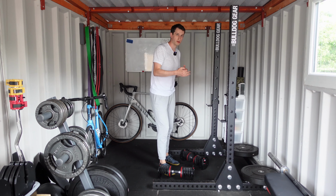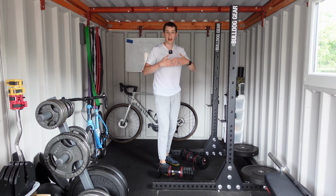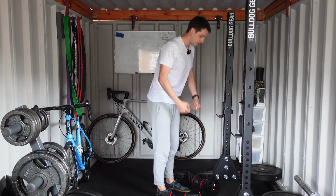So if you can strengthen a muscle as well as stretch it, it means you're going to be more likely to be able to relax it and get into the positions that you want with reduced risk of injury. So this is called the Romanian deadlift. Good lead on from the hamstring stretch, and all you're going to do for this one is